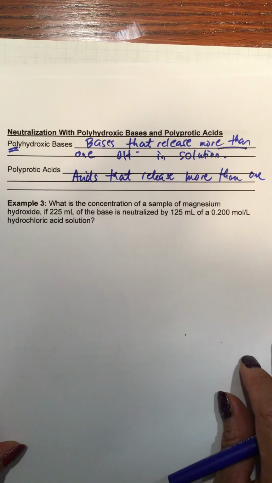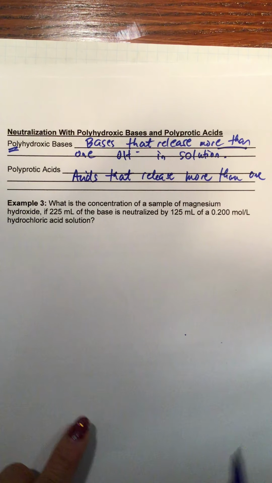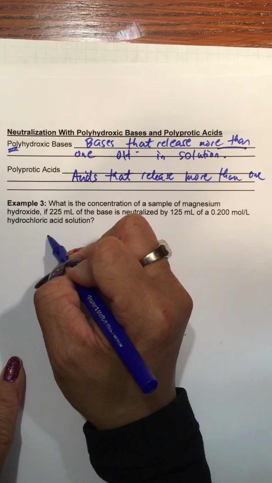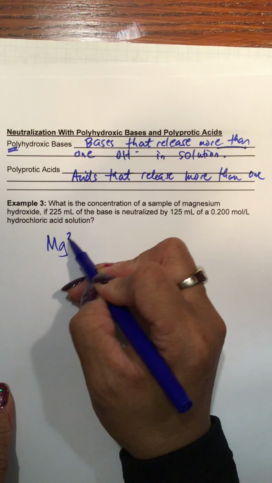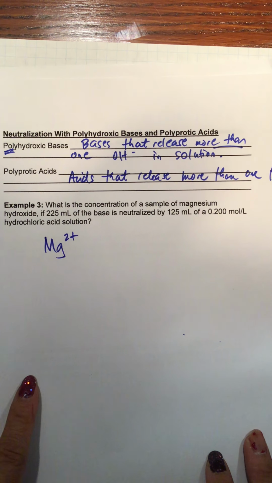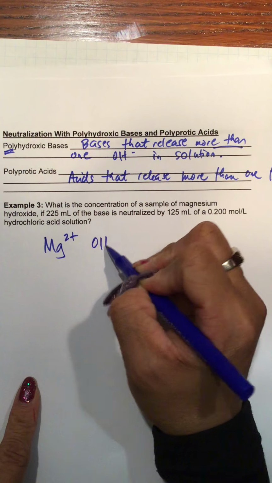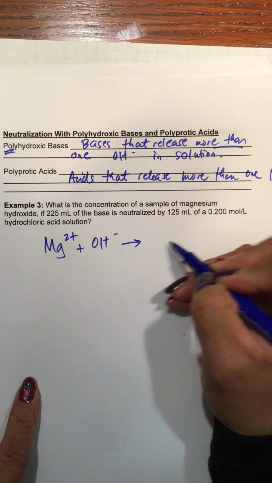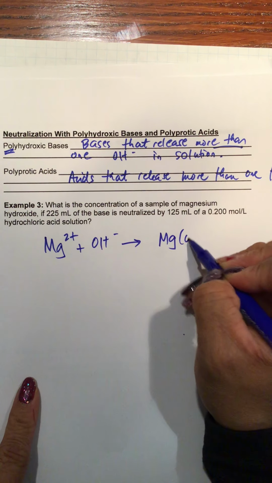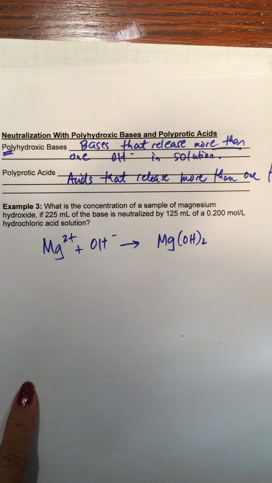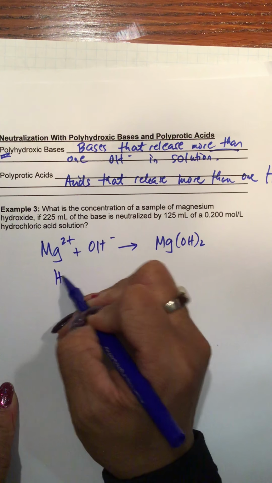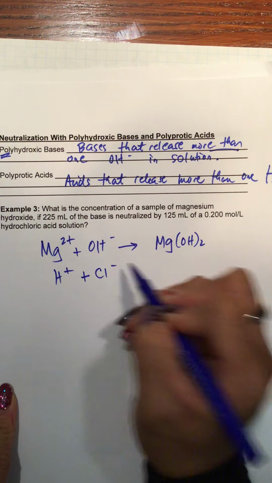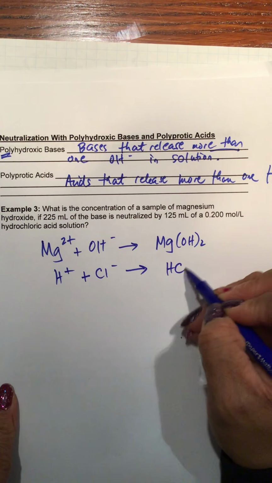In this example, we have magnesium hydroxide. I'm just going to write down again magnesium hydroxide, and I'm going to start from the ions. From your periodic table, you'll know that magnesium is a +2, hydroxide is a -1. So when you combine these two, you will have 2 hydroxide in this compound. And this is being added to hydrochloric acid,